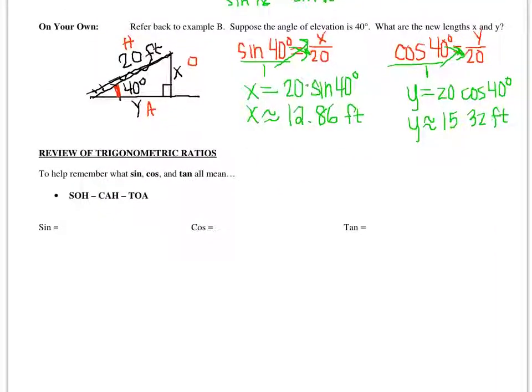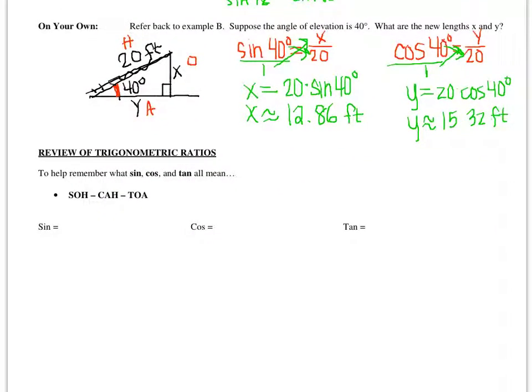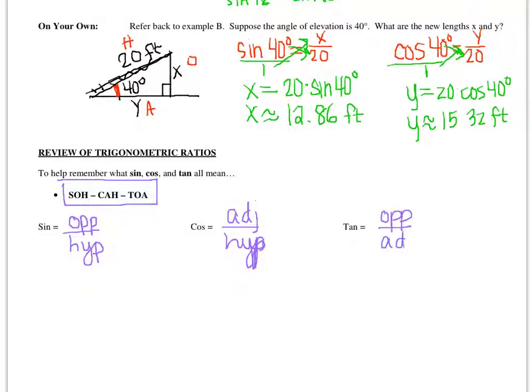So let's just do a quick review here to help us remember what sine, cosine, and tangent all mean. We use SOHCAHTOA. So sine is opposite over hypotenuse. Cosine is adjacent over hypotenuse. Tangent is my opposite over my adjacent. And if you have a hard time remembering that, just write it down repeatedly. So, SOH CAH TOA. Write it down over and over again until you get that stuck in your head,